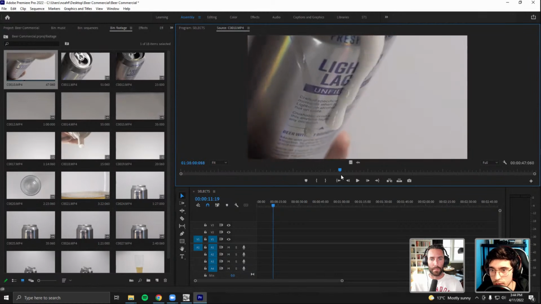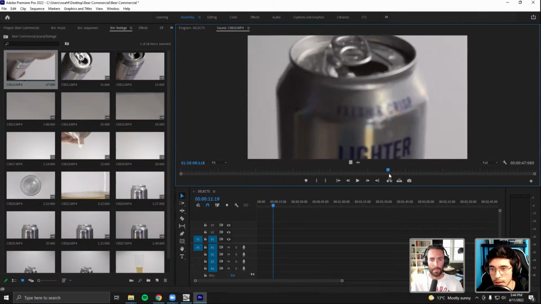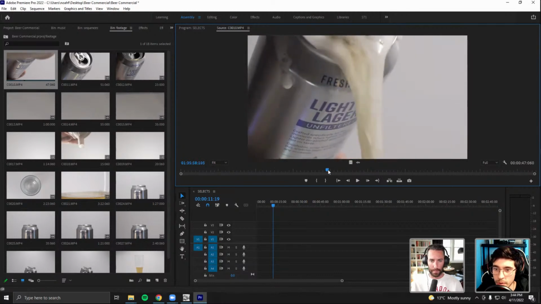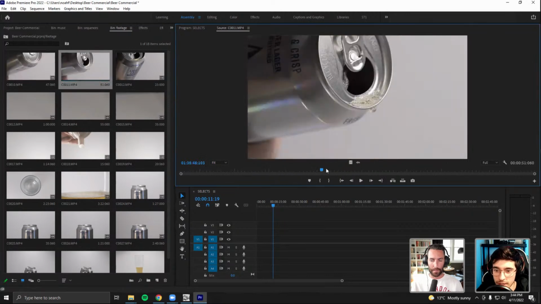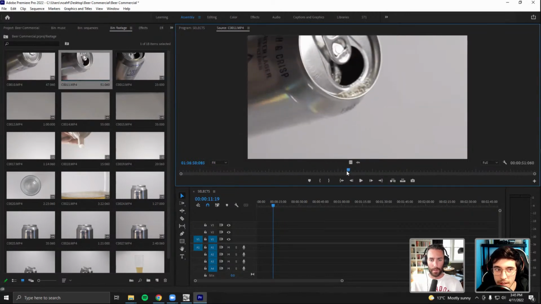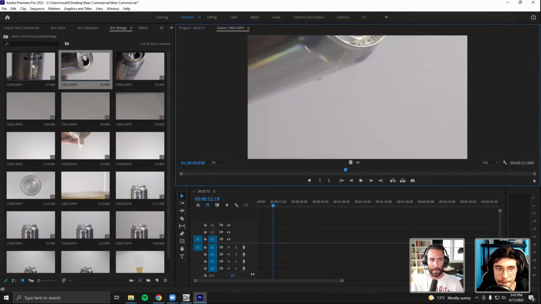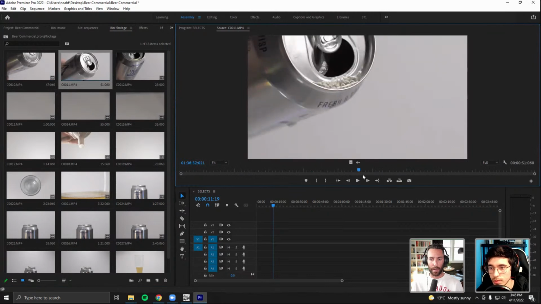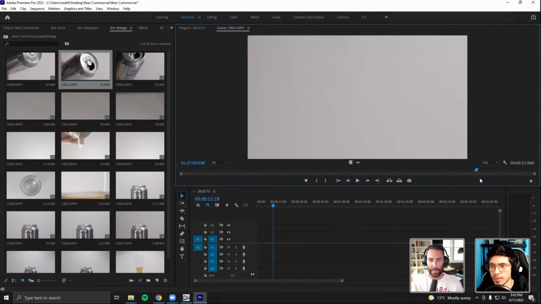And this part is actually really important, your selects, because if you do this right, then the rest of the video will just kind of come together. But if you're lazy with your selects, then I don't know why you would be, because you spent all that time taking these shots. You want to pick the best moments from it, right? Absolutely. Sometimes it's easy to get eager and think, I have all these shots I need to get into Premiere and start editing.